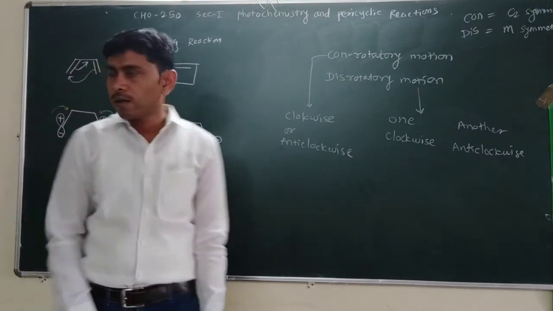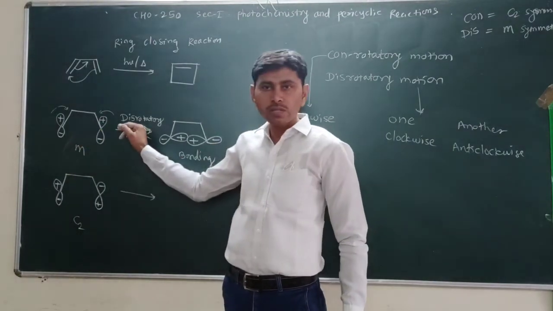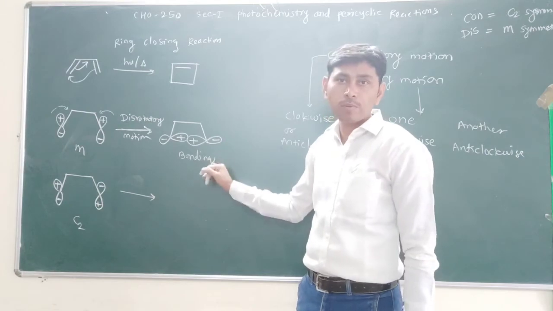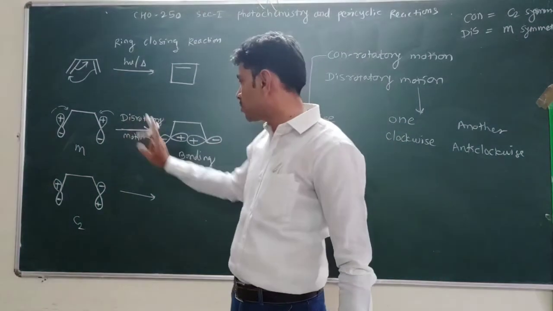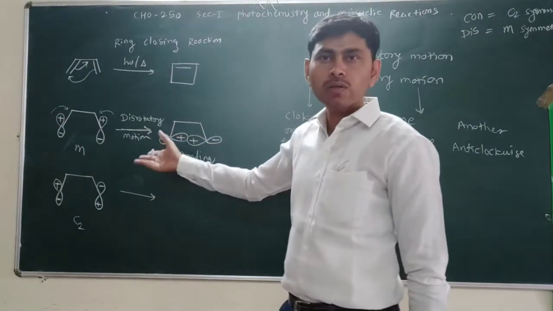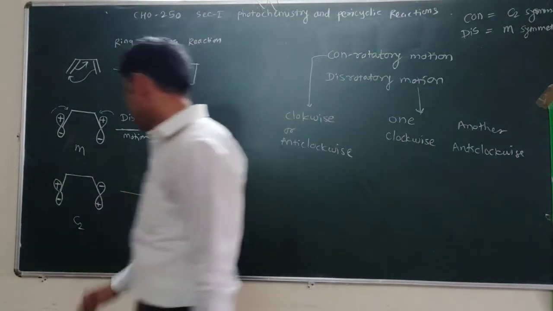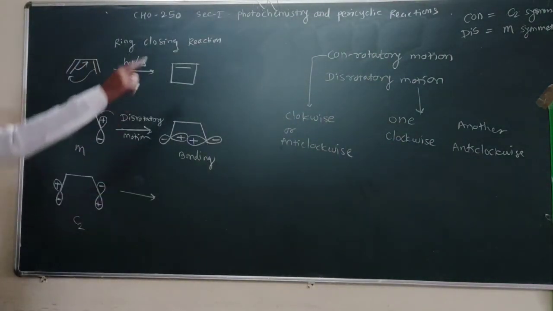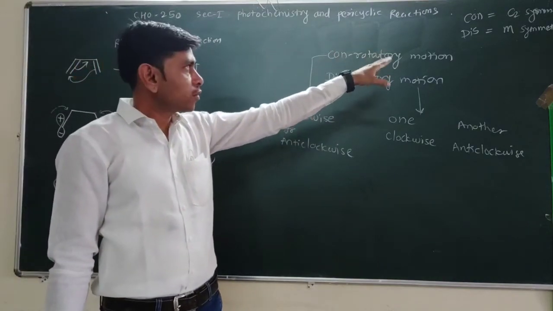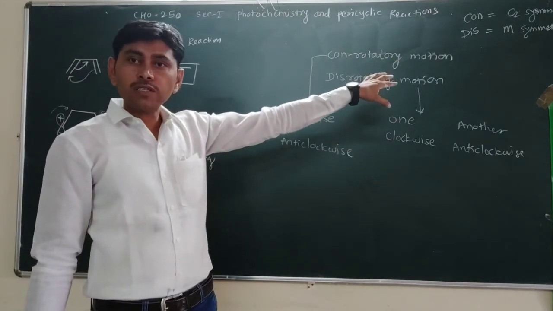So dis-rotatory motion, when there is M symmetry, is always associated with bonding overlap. That is important. When we use con-rotatory motion here, we obtain anti-bonding overlap, and anti-bonding overlap is not allowed during the formation of a sigma bond. Now see C2 symmetry. What was our observation before? Con-rotatory motion is always associated with C2 symmetry.